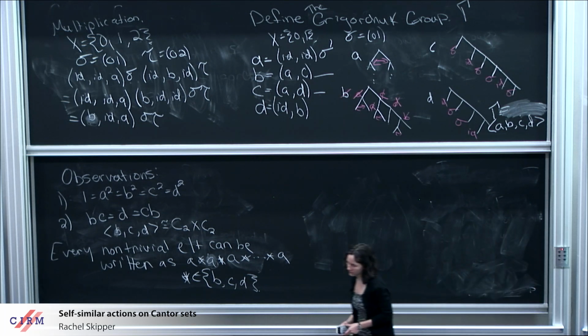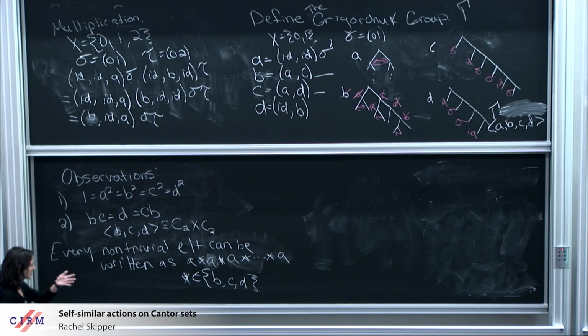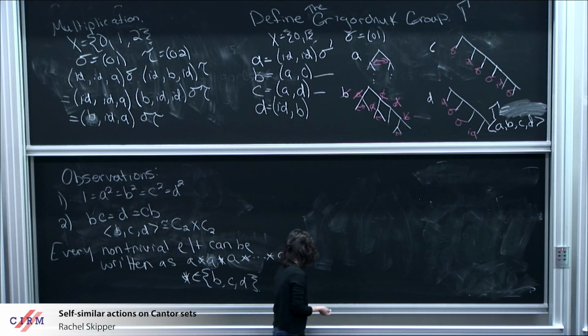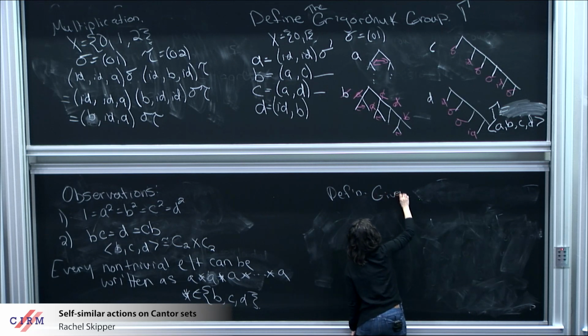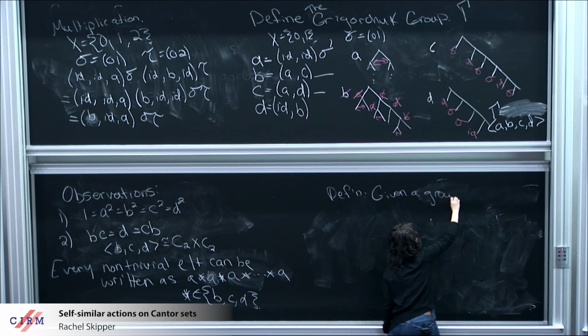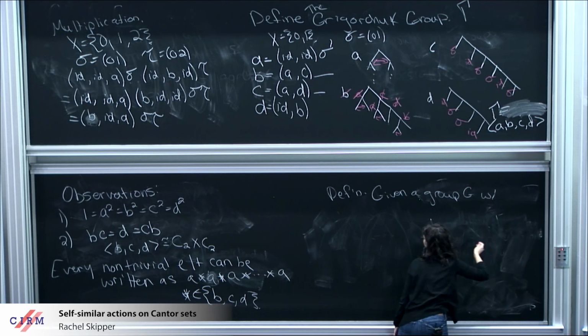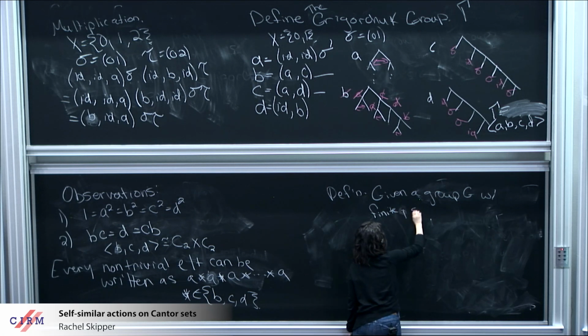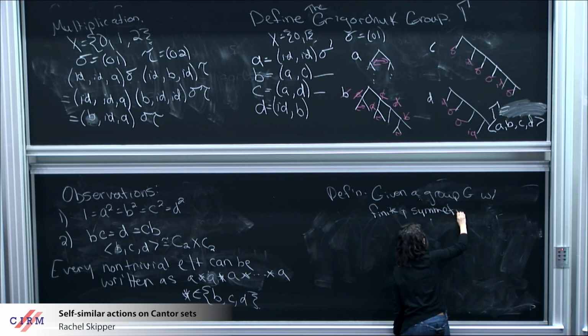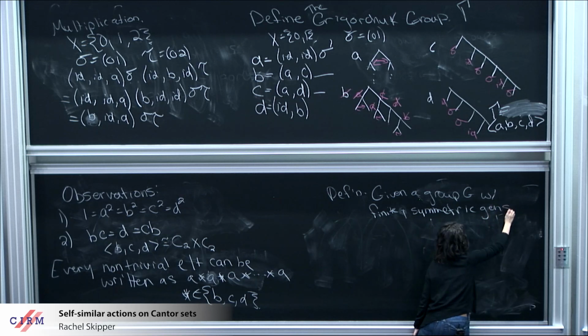All right, so what I want to talk about is a key lemma that's used in many of the things that we need here. But for us to do that, let's talk about the length of words in a group. So this is going to be a broad definition. Given a group G with finite, let's say symmetric generating set S, we can define